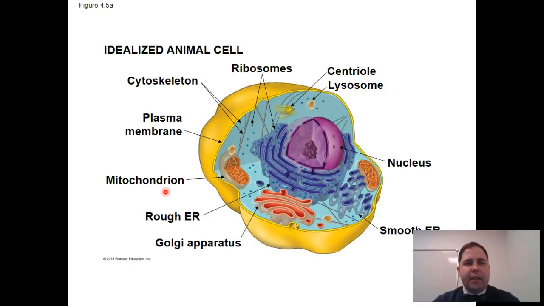So here's our idealized animal cell, and you can see the nucleus is prominent. Inside the nucleus is the DNA. Coming away from the nucleus, we're going to have the endoplasmic reticulum right near it. And we'll talk about all of these in a minute, but you have a rough endoplasmic reticulum and a smooth endoplasmic reticulum. You'll have a Golgi apparatus. It's going to look like a stack of pancakes or something. We'll also identify the mitochondria. You can tell a mitochondria because you'll see its double membrane, and the inner membranes have all of these wrinkly shapes in them.